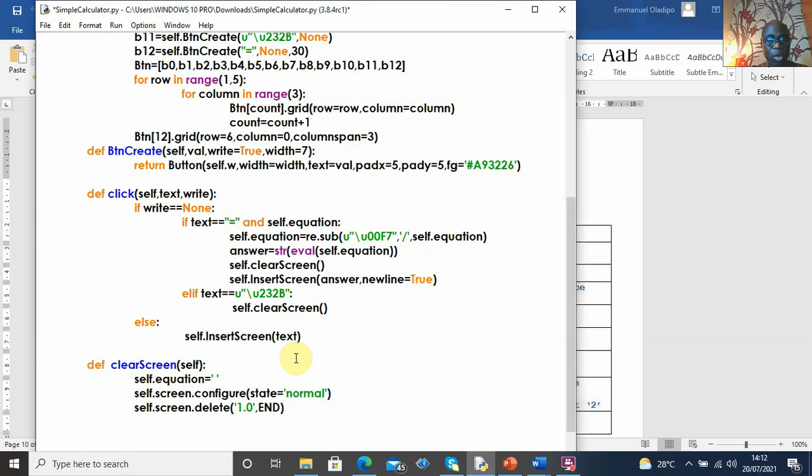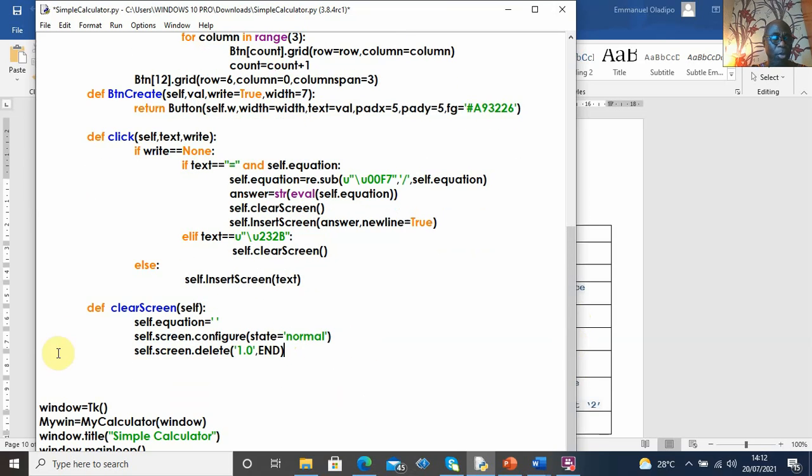The next one we're going to define is insert the screen, and that will be the final. To do this, go to the end here and press the tab key, because they must be aligned. All your methods must be aligned like that. So I'm going to be defining my screen insertion, which is this one here. So you can just copy that,